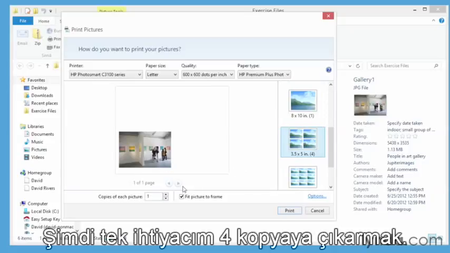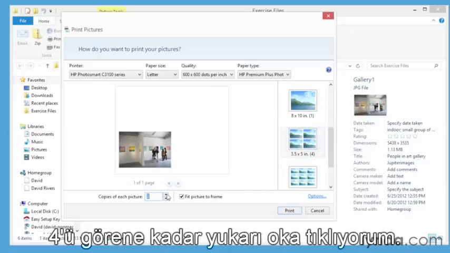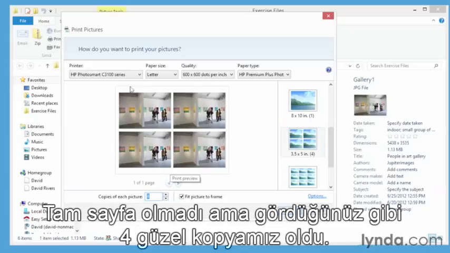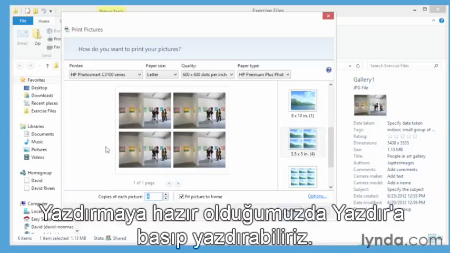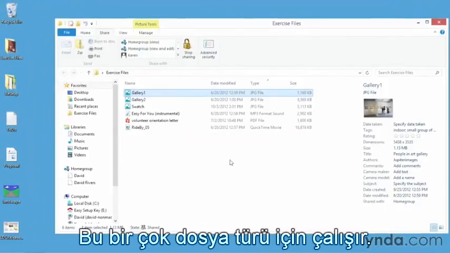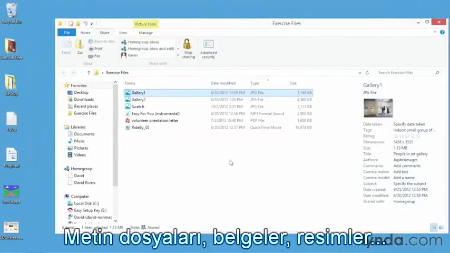Now all I need to do is bump up the copies to 4. I'm going to click the up arrow until I see 4 and just wait a second to preview what that's going to look like. You can see it doesn't take up the full sheet of paper, but I will end up with 4 nice copies. When I'm ready to print, I click the print button and off it goes. So we'll click cancel. Now this works for all kinds of different files, text files, documents, images, and of course